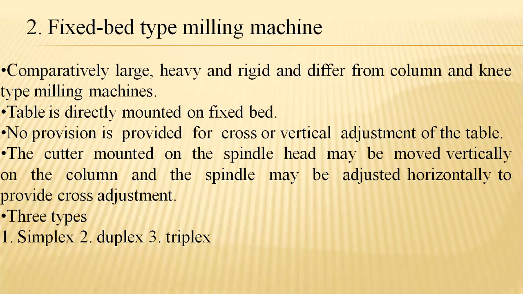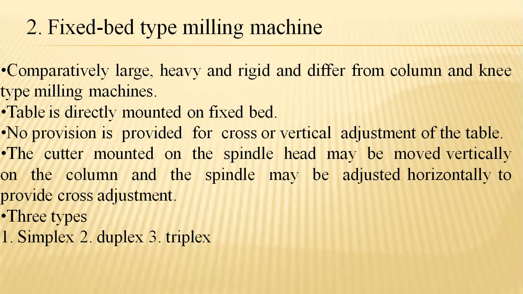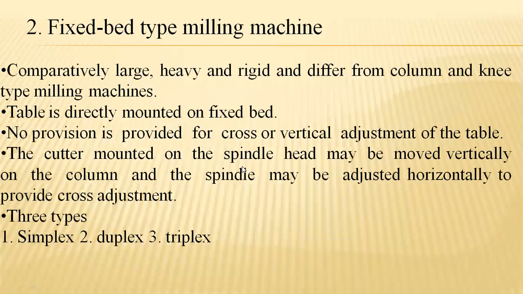Here, the table is mounted on the fixed bed, having the sliding capability over the bed. And the cutter is mounted over the spindle, which is used to move vertically on the column and is even adjustable in the case of horizontal movements,